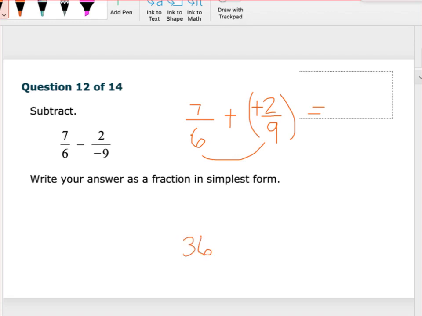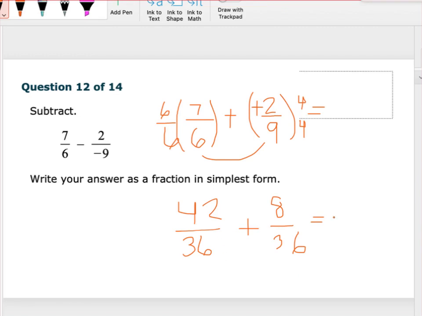Okay, so 6 times 6 is 36. So we're going to multiply that by 6 over 6, which is 1. Okay, and then we're going to get 42 over 36. And then plus. And now 9 into 36 goes 4 times. So we're going to multiply this one by 4 over 4, which gives us 8 over 36. And now, since we have the same denominator, we're going to add the numerators and get 50 over